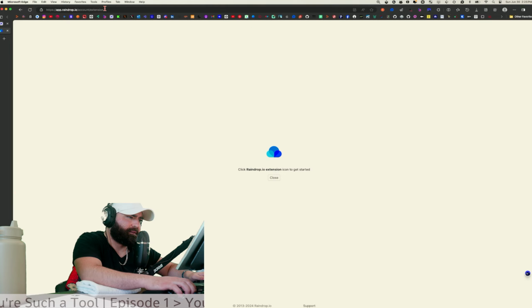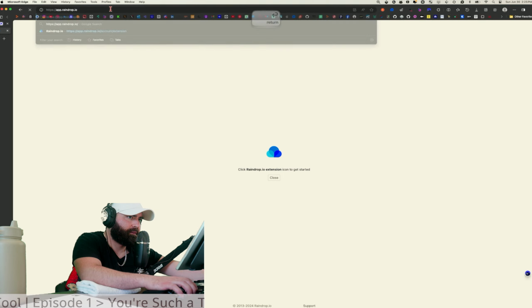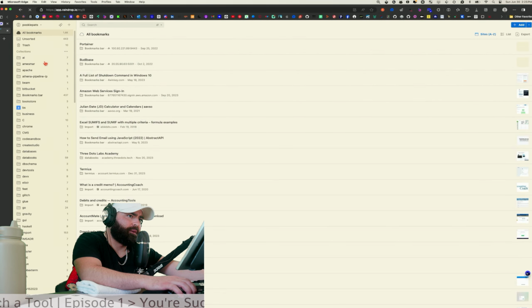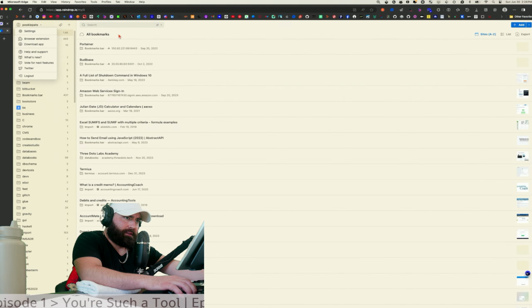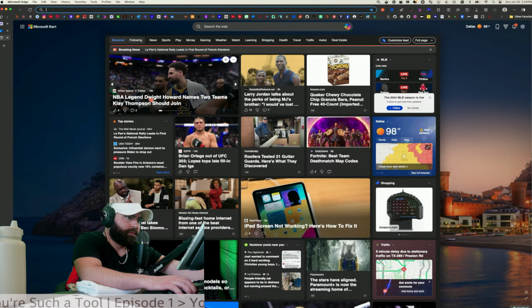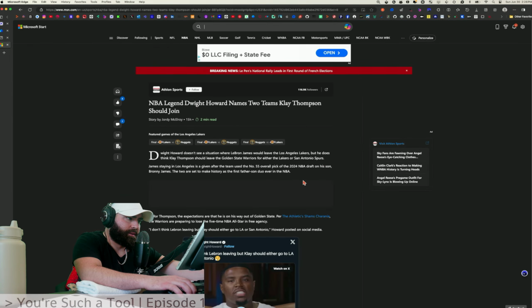So Raindrop is $30 for a year for the pro version, and you get quite... What is this? Keeps trying to... There we go. Yeah, so there's an iPhone app, and they have a web app for all the desktop versions, so you're covered there. The extension is really good. I don't have it installed, but you can basically do anything with it. So any text you select, you can highlight, similar to Qbox. A lot of that stuff is shared functionality, so I can show you in that way.